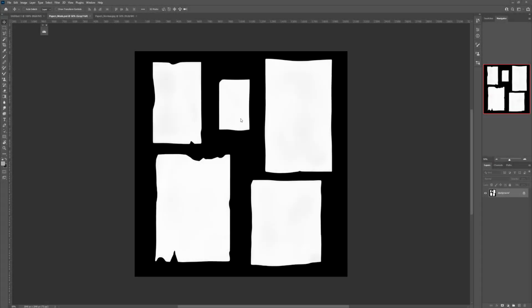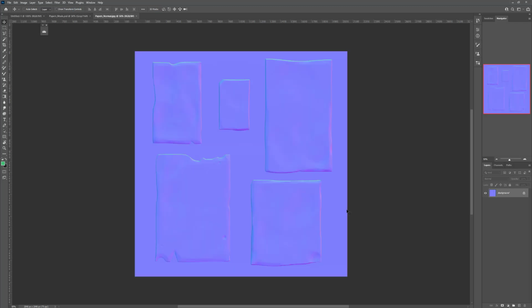So in this section, if you can remember from before, we took our sculpt and we took a few renders of the pages and then we exported them out of ZBrush, and now they are here in Photoshop. So what we're going to be covering is basically taking these pages and getting them ready to go into Maya, and then we're going to be doing the same with the foliage, and then we're going to start beginning to texture everything. But first, we're going to want to make sure that everything is set up properly